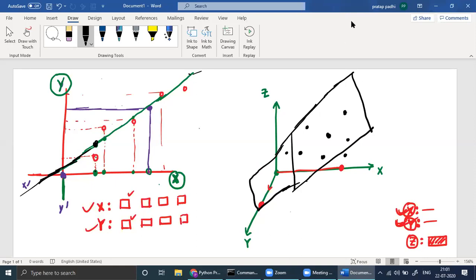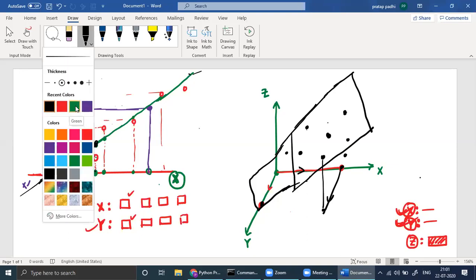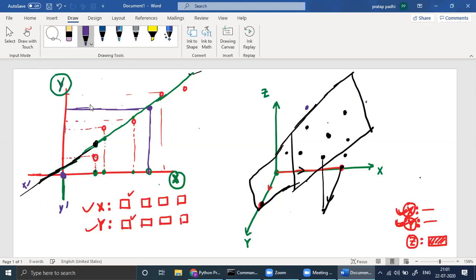Similarly, here for this X and this Y, you have a Z. Corresponding to this X and this Y, suppose Z is this point. If this is on the plane, that's fine. If it's not on the plane, suppose this is outside, this is outside, this is outside, it doesn't matter. But we'll find the error.